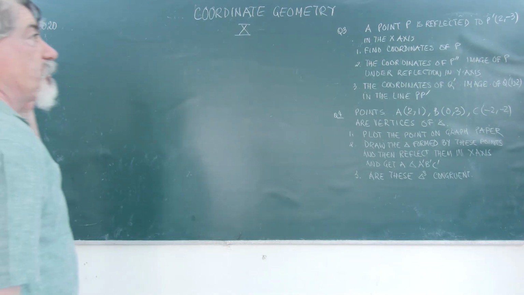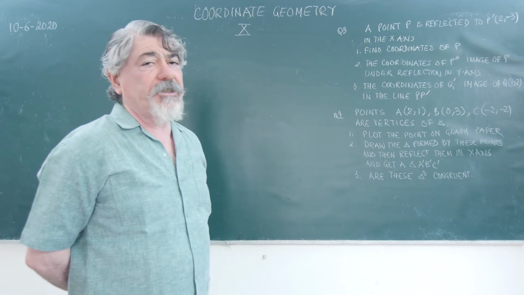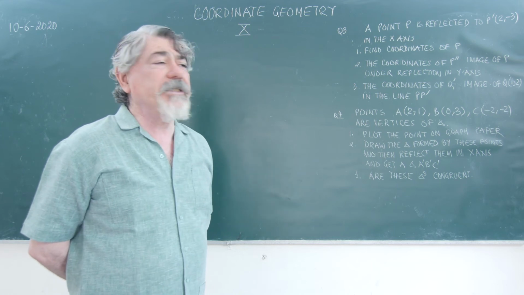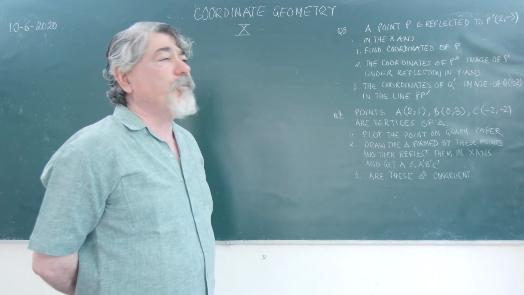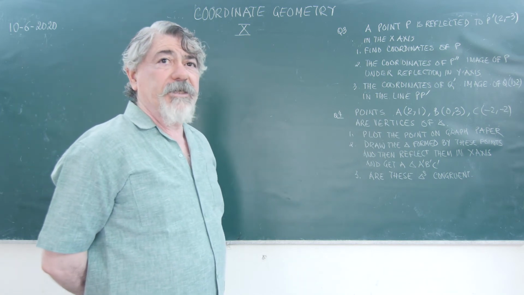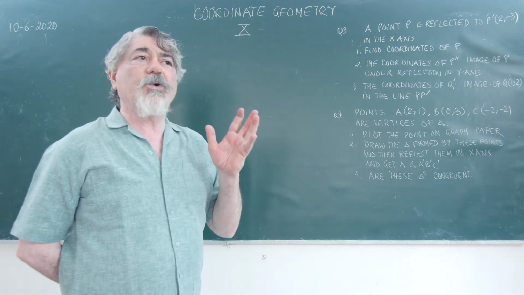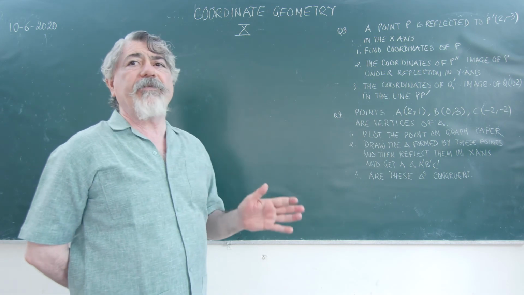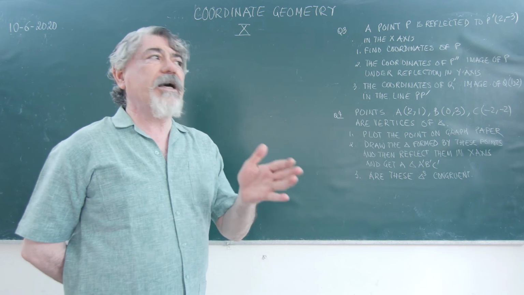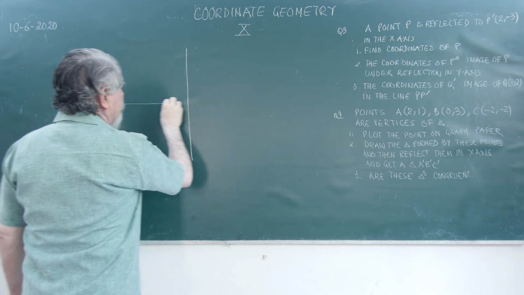Okay, let's see question number 3, where he says a point P is reflected to P dash 2, minus 3 in the x-axis. You know when we reflect a point in the x-axis, the sign of the y-coordinate changes. The x-coordinate remains the same. The line you reflect a point in, that coordinate remains the same. Like if you are reflecting a point in the x-axis, then the x-coordinate will remain the same. The sign of the y-coordinate will change. I'll again depict it through the graph. I like to do it through the graph.